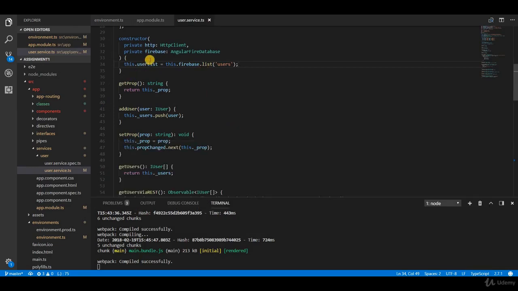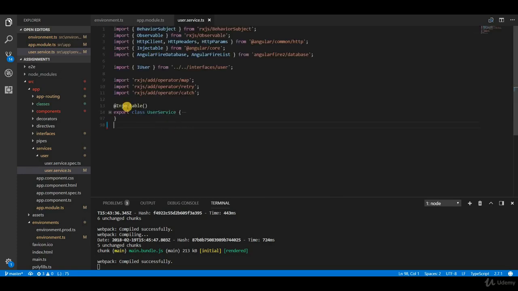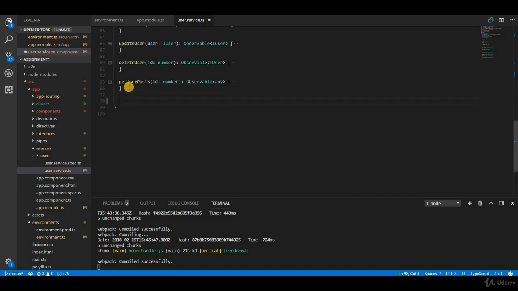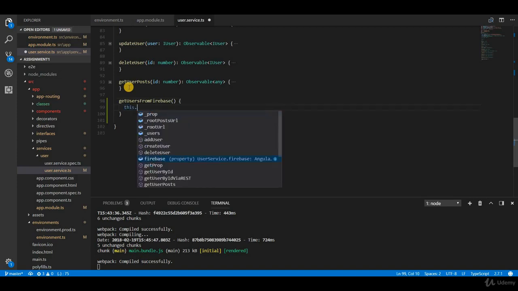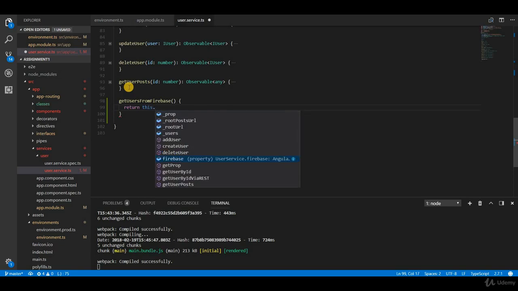Hello guys and welcome back. In the last section, we added a userList which is retrieved from firebase.list, which returns an object of type AngularFireList. Now we can create methods that would interact with Firebase and do the things that we want. So let's first talk about reading the objects from Firebase. I'll create a method here named getUsersFromFirebase, and this is simply going to return